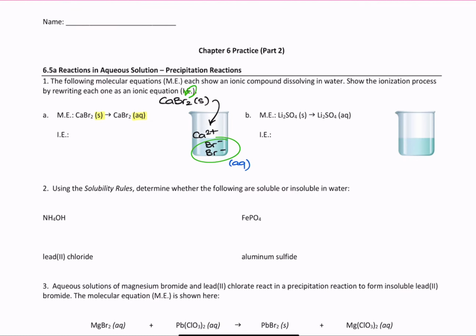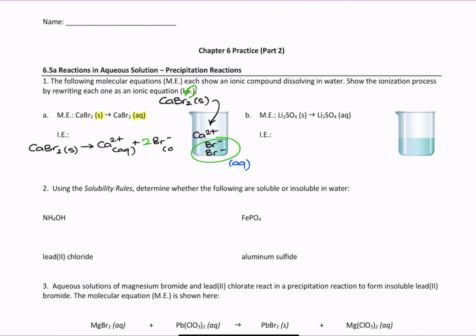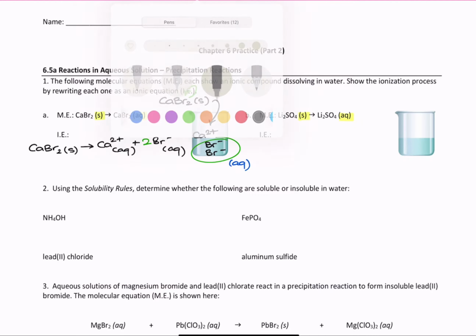Therefore, when we're going to write the ionic equation, it will be CaBr2 solid gives Ca2 plus aqueous plus 2 Br minus aqueous. Okay? If we're doing lithium sulfate now, again, dissolved in water, going from the solid to the aqueous states, here